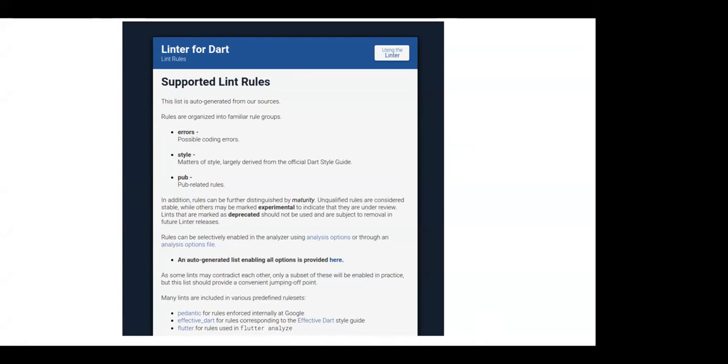But if you're working on a project where you want specific rules to be followed, let's say maybe avoiding writing print in production code, so that anyone who is new can clearly see what rules they have set, if you want those kinds of personal or rather customized rules, you can set your own. And to find them, you'll always find them here. There's a long list of lint rules that you can set, and they're categorized into errors. Mostly the errors are any errors that you encounter while writing code and that you'd like your team to curb in advance. Then there's the